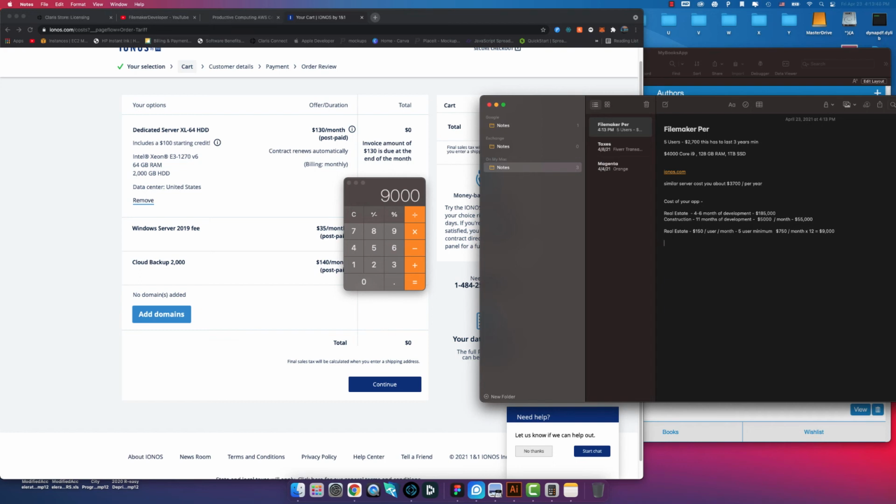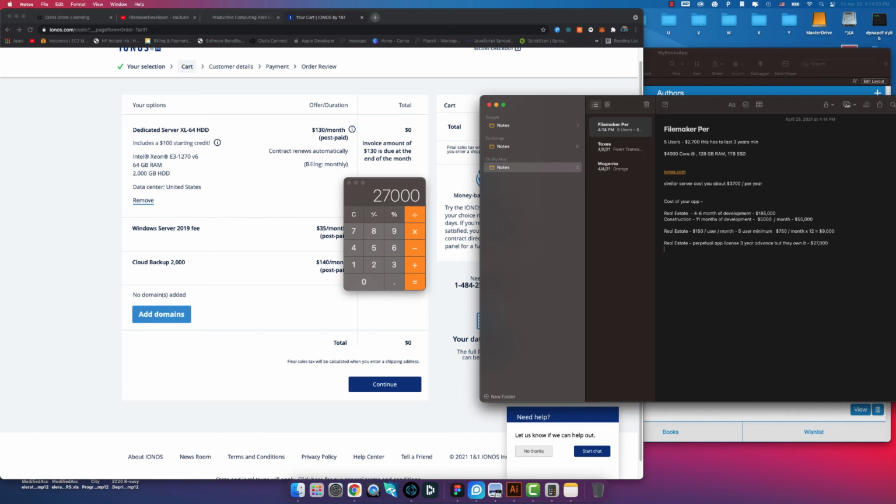Okay. So what if we did something like what FileMaker does? For their perpetual costs, what they do is they basically just take an annual cost and multiply it by 3, which would be a 3-year advance payment for perpetual. So if we multiply this by 3, that's $27,000, which is pretty reasonable. So what if we did a perpetual real estate app license, 3 years advance, but they own it? That would cost the customer $27,000